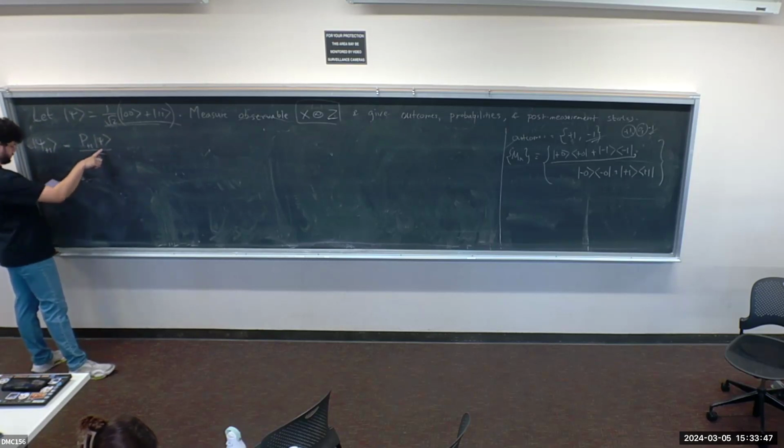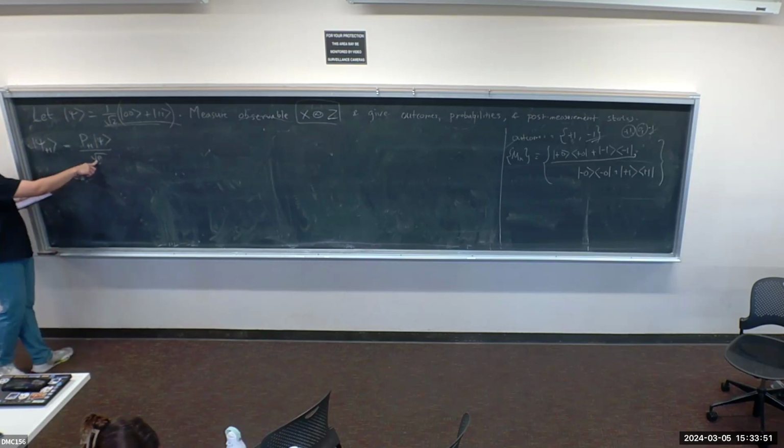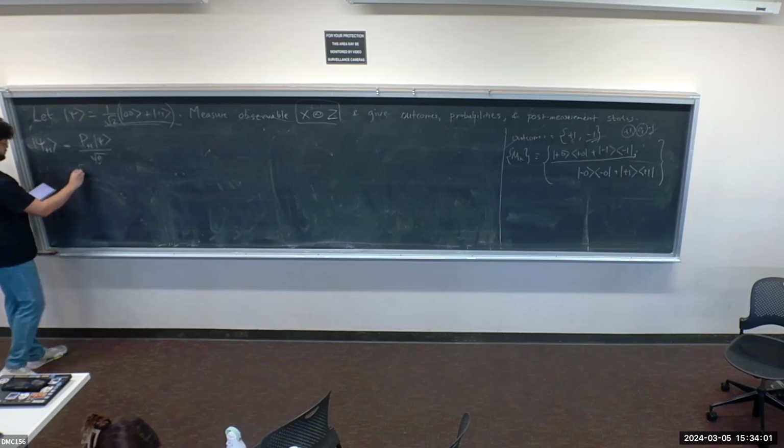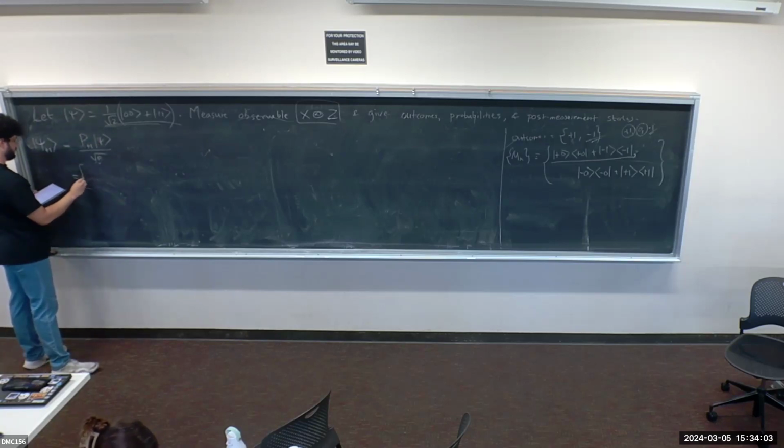So let's compute this. I will keep the probability on the side for now, but remember that we have the probability in the denominator. Let's first compute the action of this projector operator on our state. So the operator that we have is